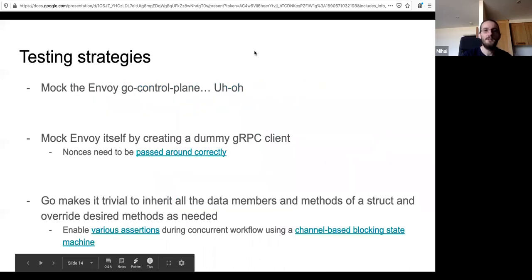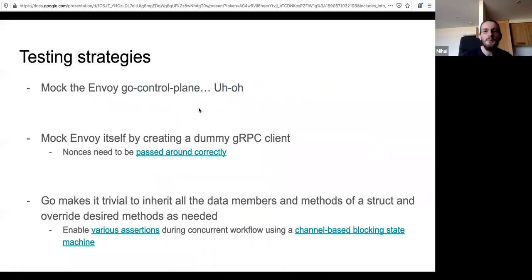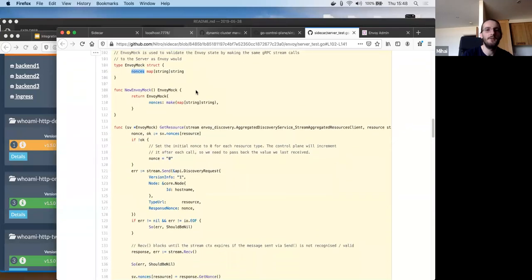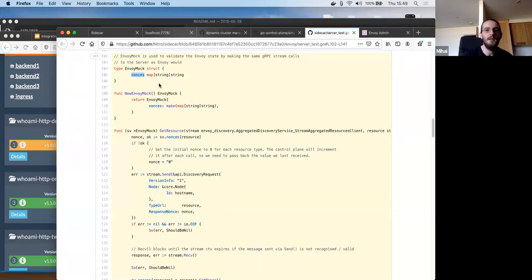And testing strategies. So you can mock the Go control plane. You don't really want to. It's kind of large surface area and you don't want to re-implement it in your tests, but you can mock Envoy itself. So you can spin up a gRPC client in your tests. And then you have to pass this nonsense along. So nonces are some sort of Envoy terminology. I haven't dug too much into the Envoy code to figure out, you know, it's C++, pretty complex. But the idea is that it needs to be a